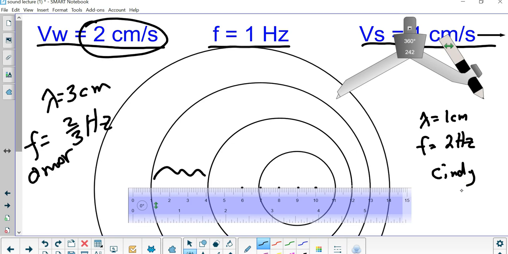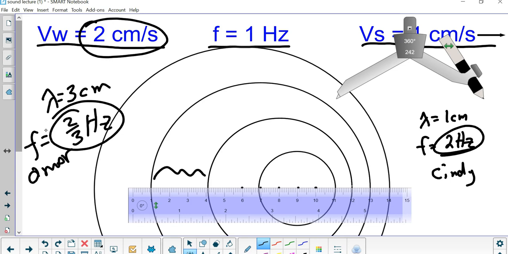Now, as the plane or the car or the train goes past Cindy, Cindy will eventually be to the left of the source and experience exactly what Omar experiences now. So as it goes past her, it will start with a high frequency and eventually transition to a lower frequency. Now,